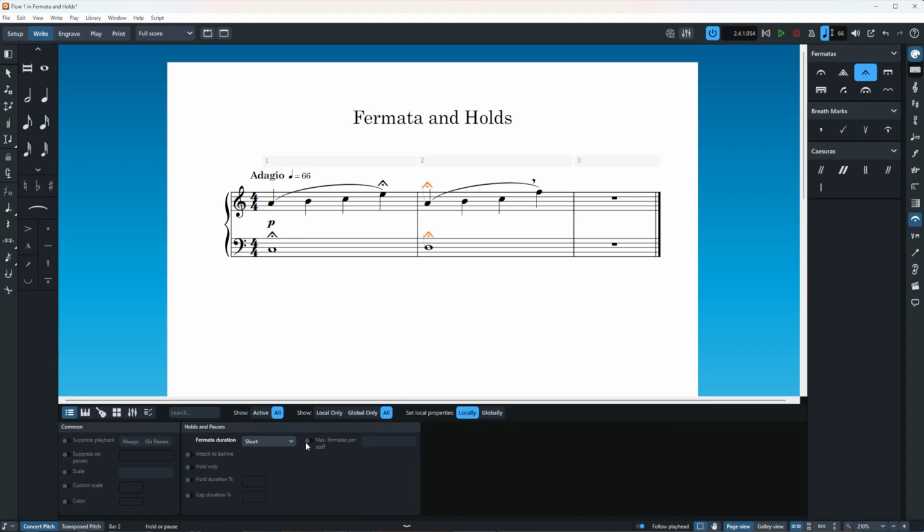And there's another button here called max fermatas per staff, which is pretty self-explanatory. It works for situations where you have extra staffs or other instruments and you can just modify it to your liking. But now if you want to modify your playback and get more realistic sounding fermatas, this section of the